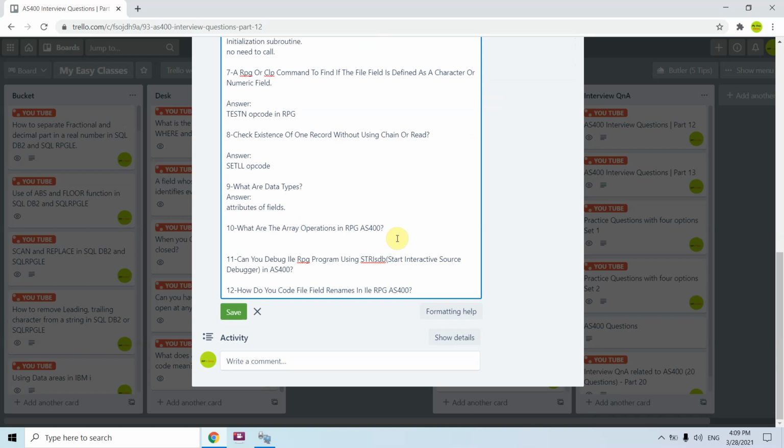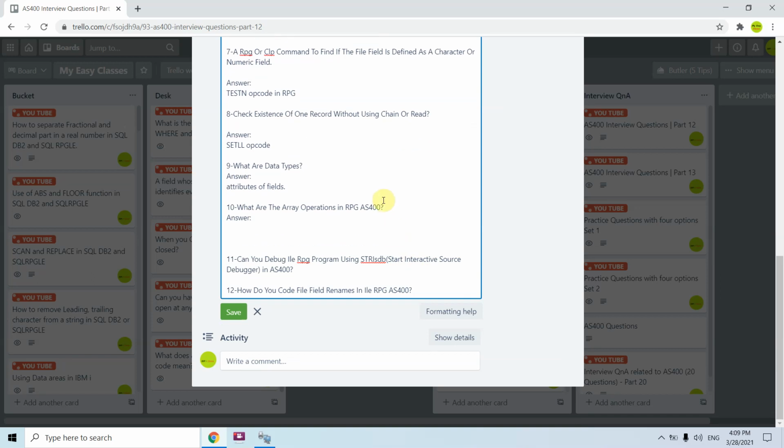What are the array operations in AS400? So array operations are basically like lookup. I can look up into the array using the %LOOKUP opcode, through which I can search for a particular value in the array elements.